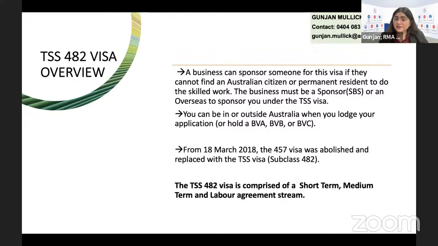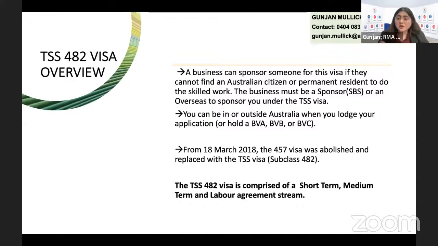However, if you are on a bridging visa A and you apply for a 482 visa, you may get a bridging visa C and you may not get a bridging visa A again. So keep in mind, while you're applying for any visa, which visa you're on and whether you are holding an eligible visa or not. If you're unlawful, if your visa has been refused or cancelled, if you're Section 48 barred, please make sure to check whether you're eligible for lodging an onshore 482 visa. If you're not eligible to lodge an onshore 482 visa, you may lodge an offshore one. You may have to depart the country and come back on an eligible visa.